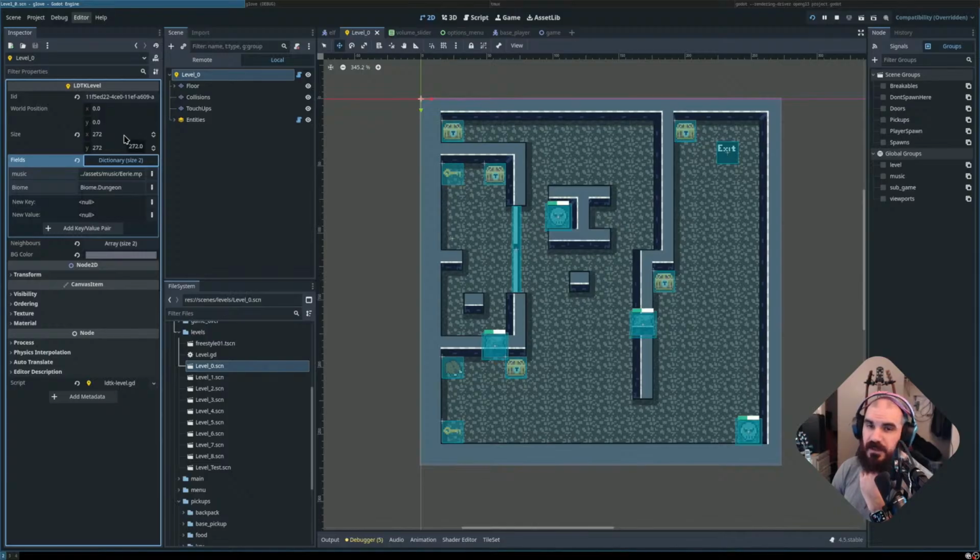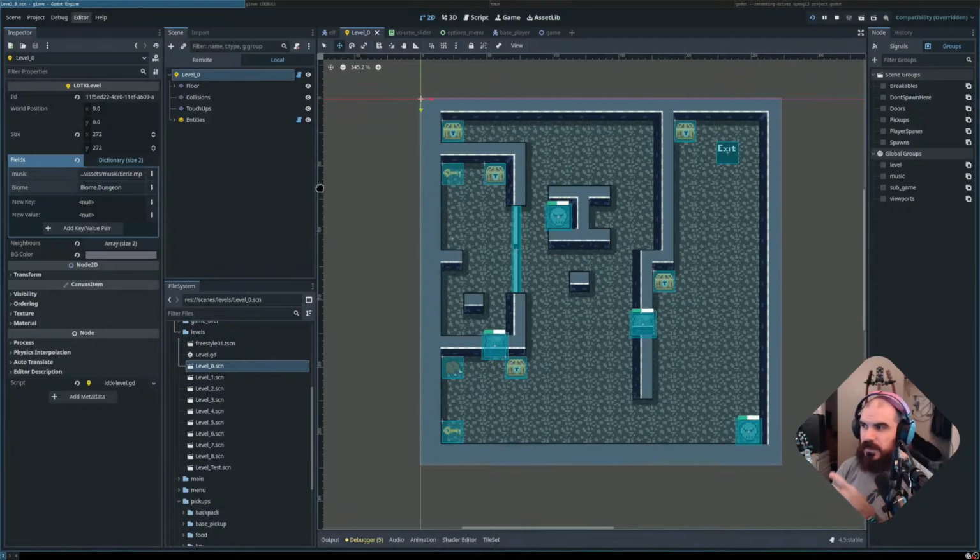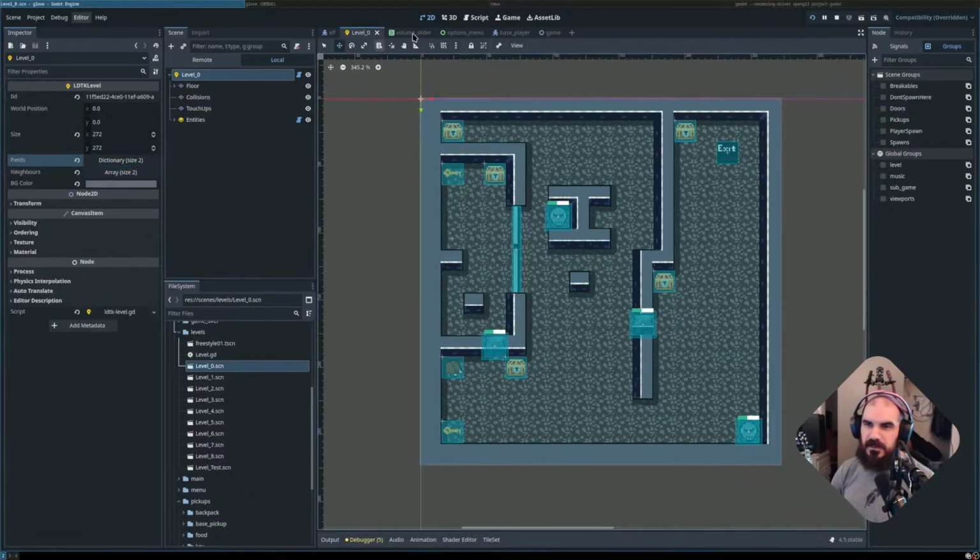Oh, and I have a size. I have a size and a position. If I have a size and a position, do I really need the tile map? I probably don't. I can probably just get the size and position of this node,